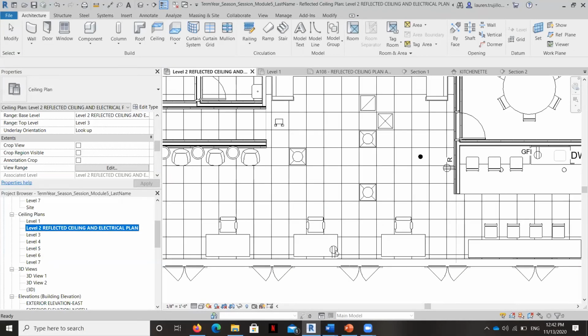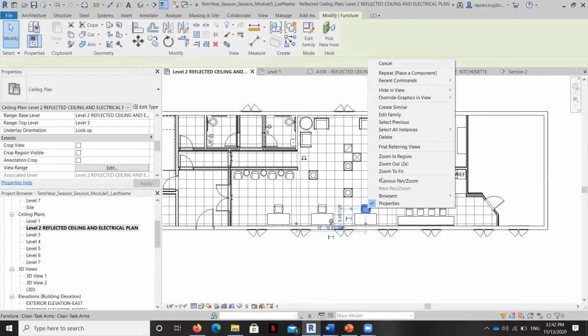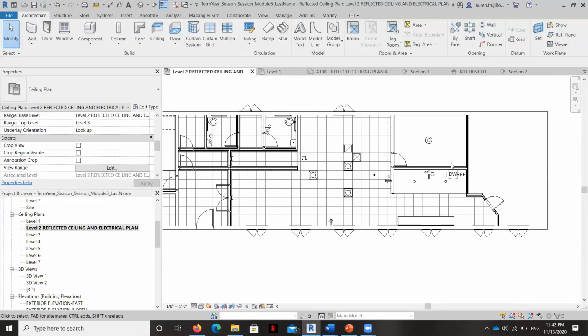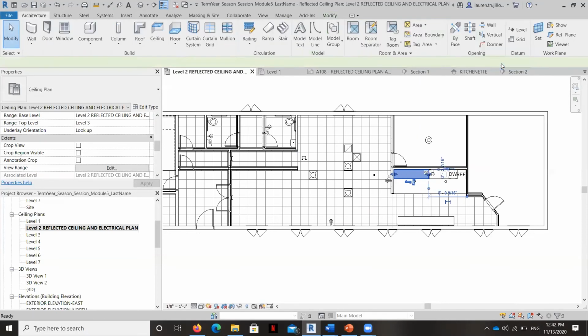Okay. The problem is that all the furniture is going to show up too, because that's also at 6 inches and above. So it's a little bit of a tricky situation. The way that we're going to have to manage this part is by hiding all of the furniture in view. And then that'll help it go away. And then you're going to have to also hide the built-in pieces and things like that. It really comes down to visibility.